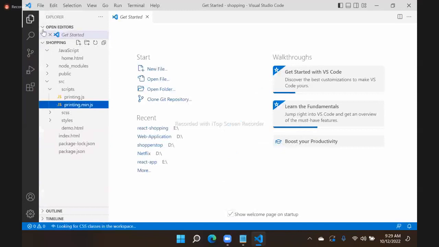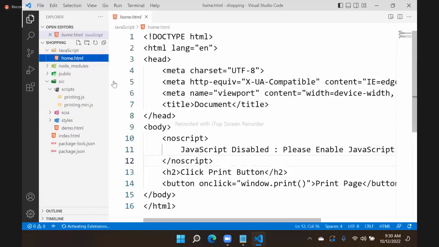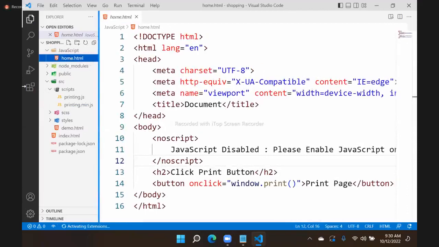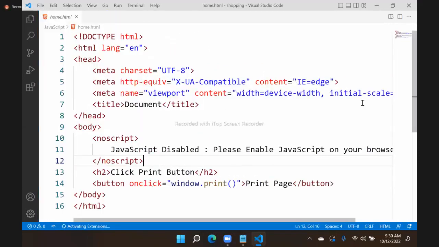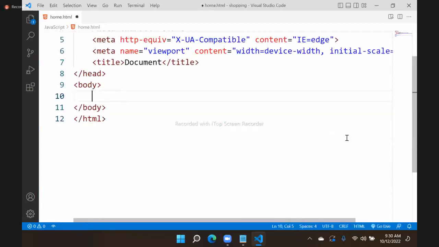Here in the JavaScript home page, we will keep some elements. We will design some elements here. In this page, I am creating a container. In the container, we are displaying some text, some image. So we have a div,